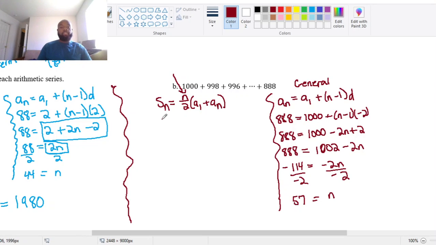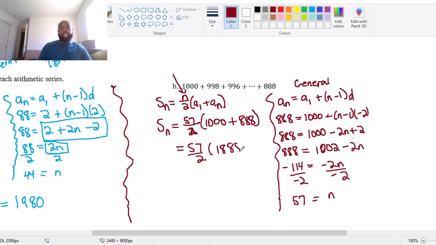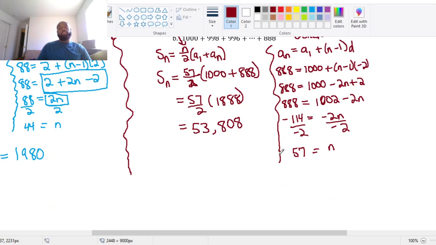There are a total of 57 terms here. I divide that by 2, and I multiply that by my first term plus my last term. That's 57 over 2 times 1,888, which is 53,808. And again, I could write this in sigma notation and say the sum from i equals 1,